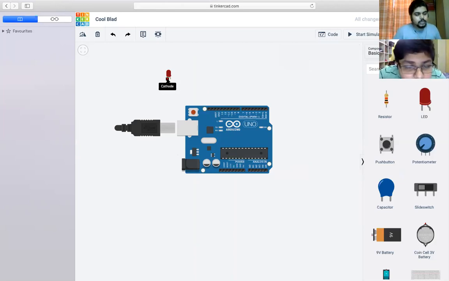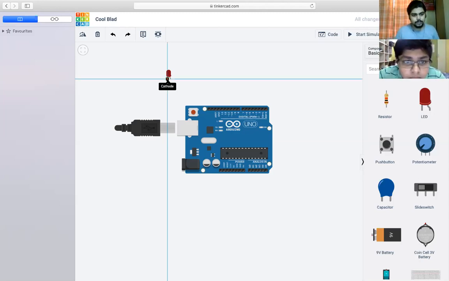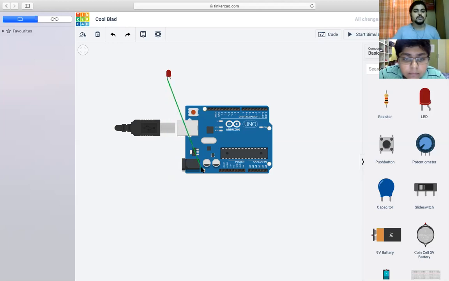Always try to not take the wire from the top of the Arduino. Every time, try to arrange the wires in such a manner that we can see its traversal path very clearly. Drag the wire in such a manner that it does not coincide with another wire. Nothing will happen, but it would look nice and you will easily detect how the wire is going and to which port.